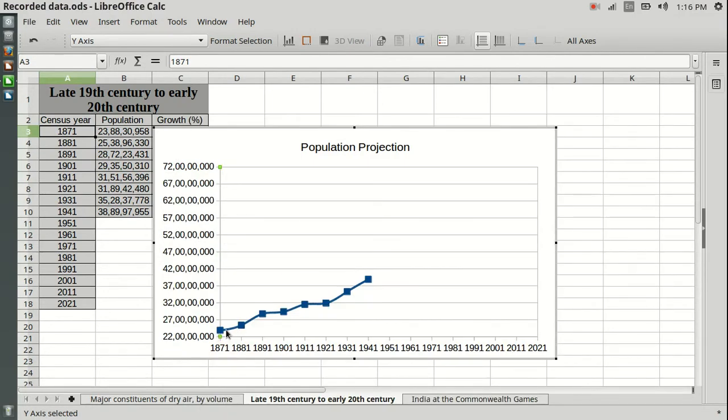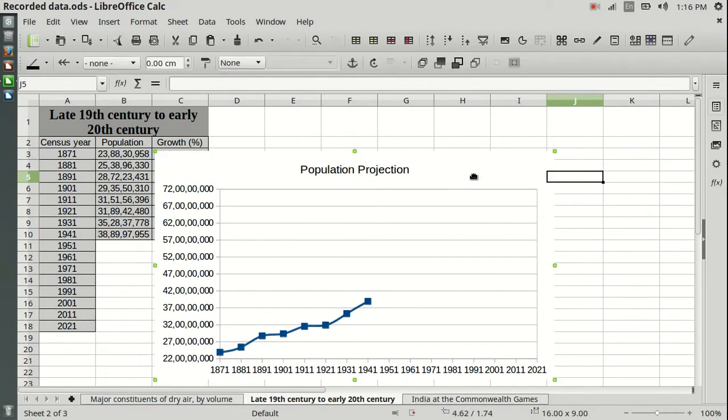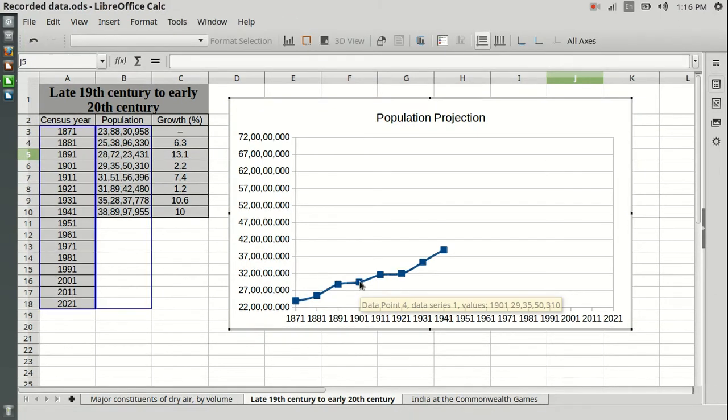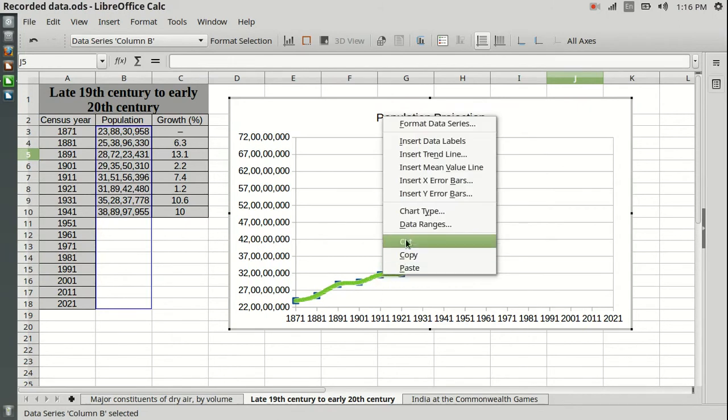Now it starts low and it is allowing me to project, because by 2021, where do you think the population will be? So if I'm teaching statistics in my classroom, I can do this exercise very easily. So I bring my chart here, and because I'm projecting this line, I need to click on the line. So let me click on the line, and you right click on the line and you get an option called